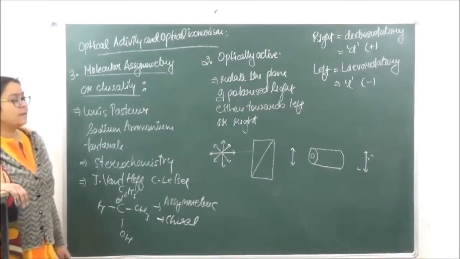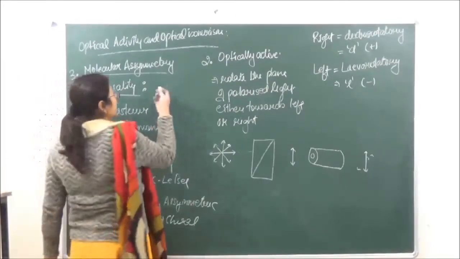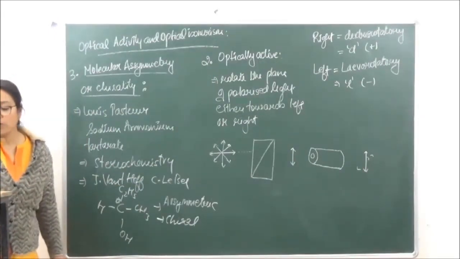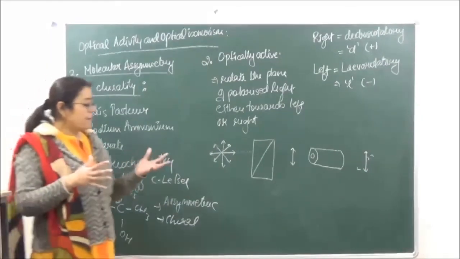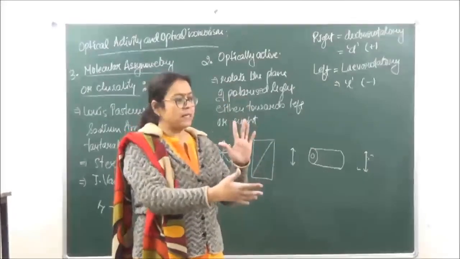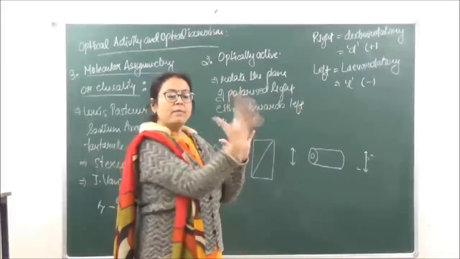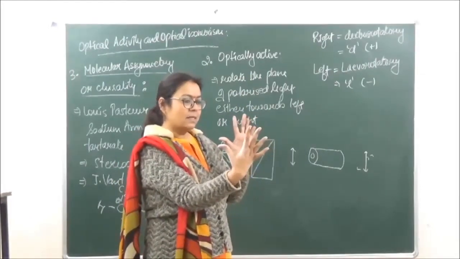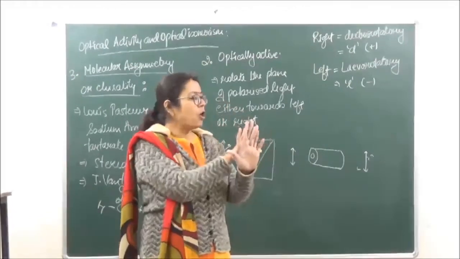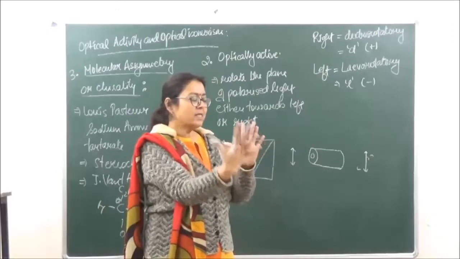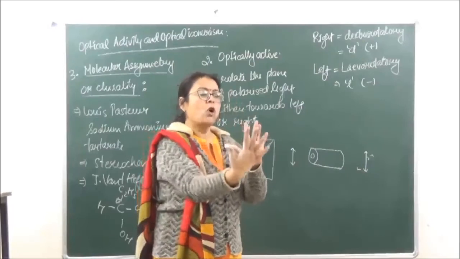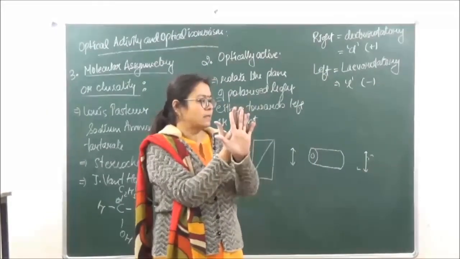Now what do we understand by chirality? Chirality is a Greek word which means handedness. So where does this word handedness, or the property of chirality, come from? If we take our hand and there's a mirror placed, and we look at the image of this hand. Now if we try to superimpose this image on the hand, what will happen? You take this hand and rotate it by 180 degrees, only then will you be able to superimpose. Obviously you cannot superimpose it like this.